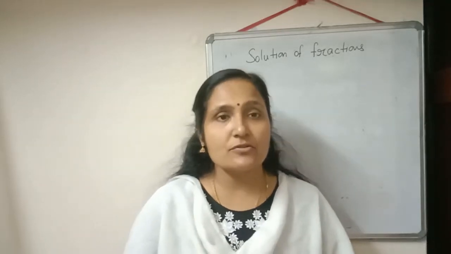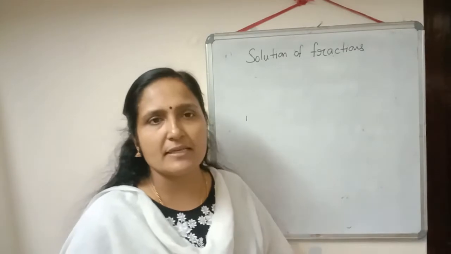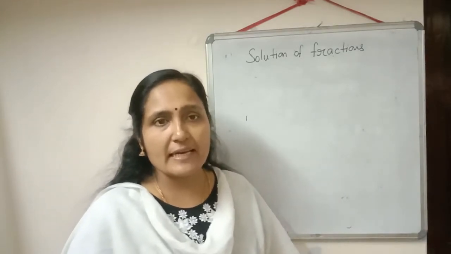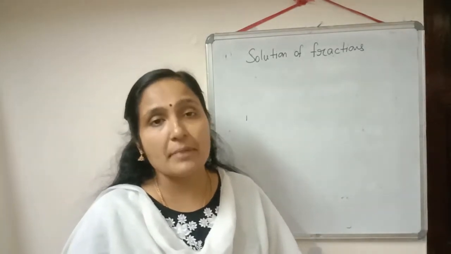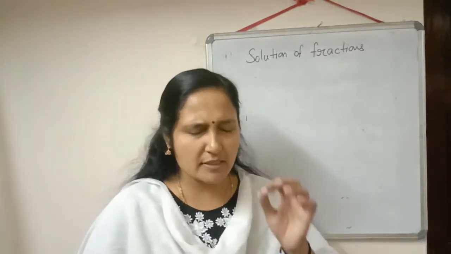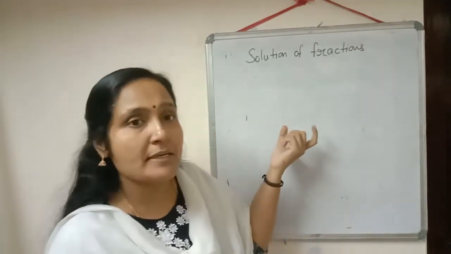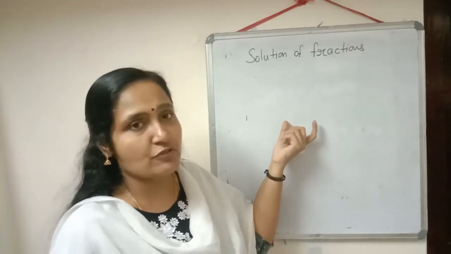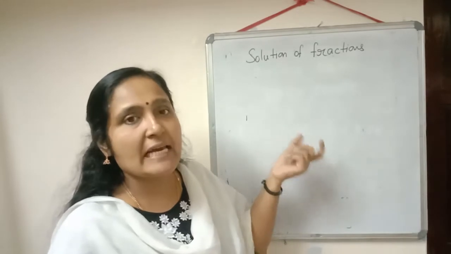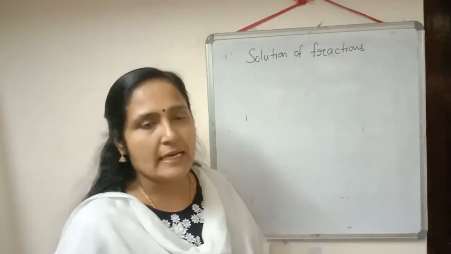Now we will check how to solve the fraction. To solve the fraction, a different method is used, because when we are getting a fraction, sometimes the number can be negative, sometimes the number can be positive. So just write down a rule. Fraction doesn't mean that whenever numbers are there in a fraction, we have to solve by this method. When we are getting the variable x in the fraction, then we have to use this method.